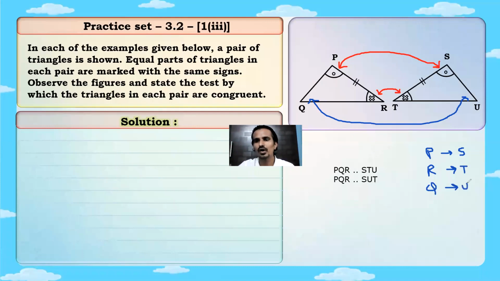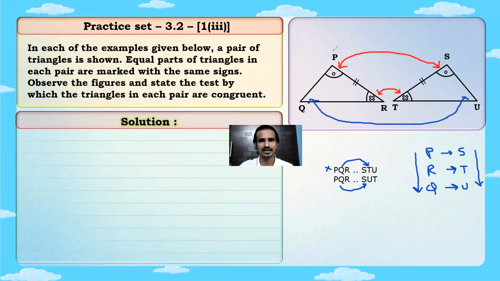So remember the order should be correct. Okay, in the first one if I see first में क्या हो रहा है ना कि अपना U और T corresponding आ रहा है, which is not correct. So first is not correct. Okay, in the second Q and U are corresponding, so second is correct. Okay, so either you can write PQR equal to, or in triangle PQR and SUT, or you can follow this order in triangle PRQ and triangle STU. ये order भी आप follow कर सकते हो.